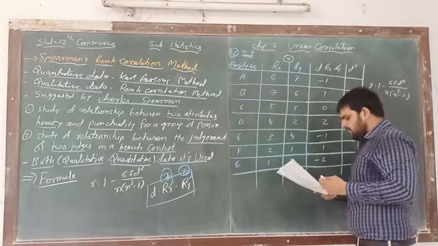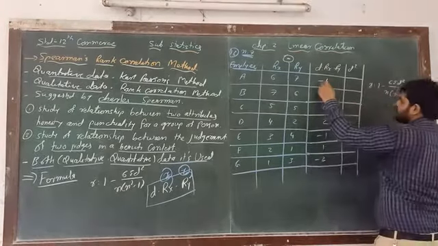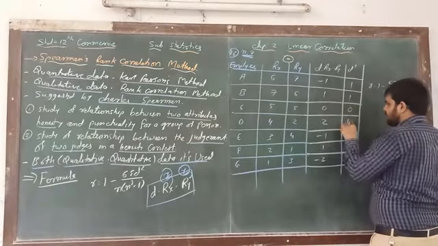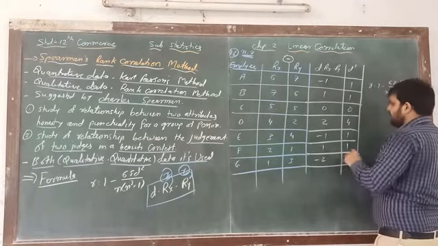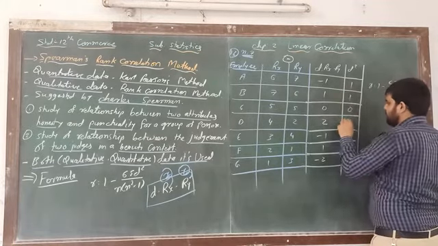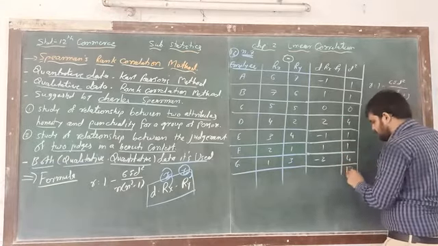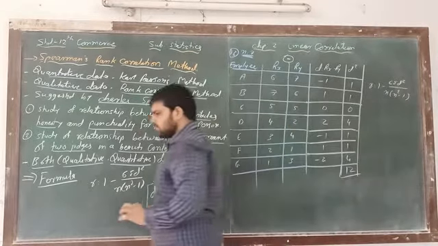Now what we have to find out? We have to do the square of this. So here the square of 1 is 1, 1, 1, 0, 0. 2 square is 4. 1 square is 1, 1, and the last, 2 square is 4. Now total: 1 plus 1 plus 4 is 6, 7, 8, 9, 10, 11 and 12. So the answer is 12. So this is the answer of sigma D square.